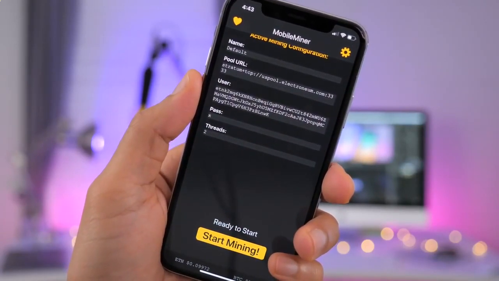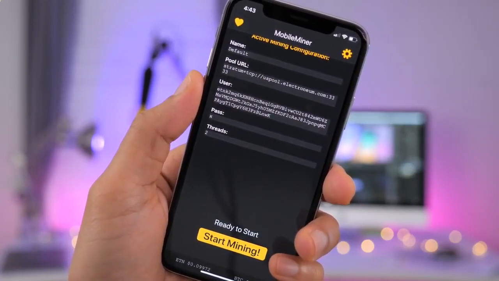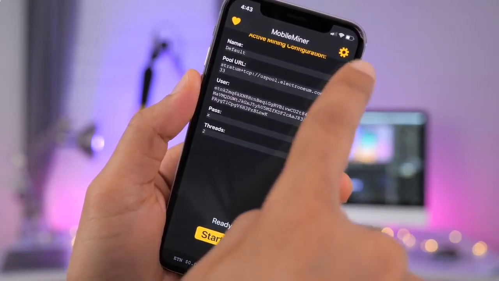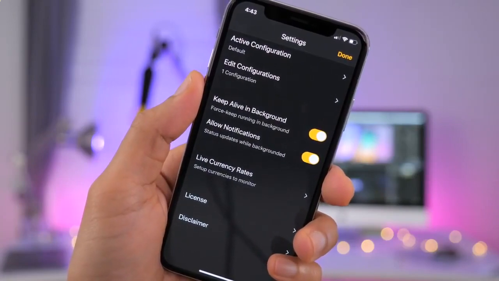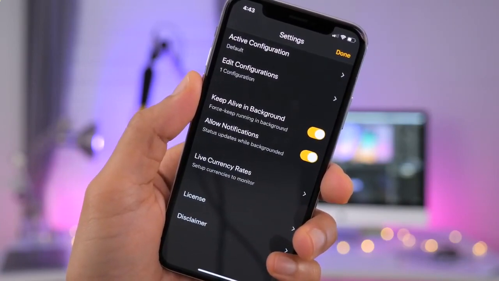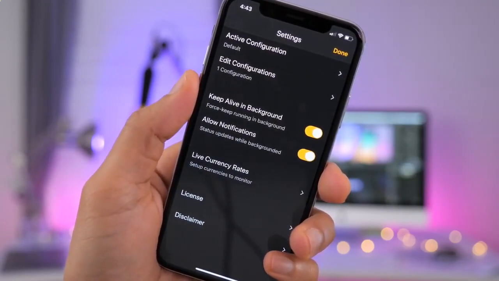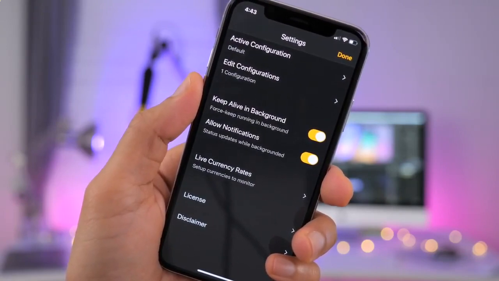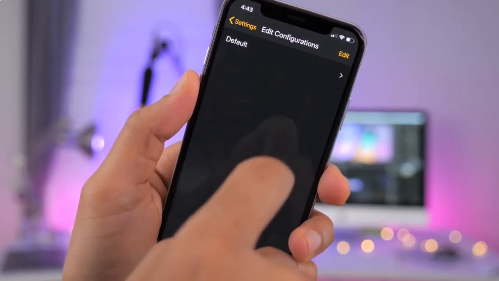And Mobile Miner works with many CryptoNote currencies like Electroneum, for instance. And that's mainly because this is a very CPU-friendly currency to mine. And obviously, the iPhone has a very powerful CPU. So to configure Mobile Miner, all you need to do is go into where it says Edit Configurations, and then